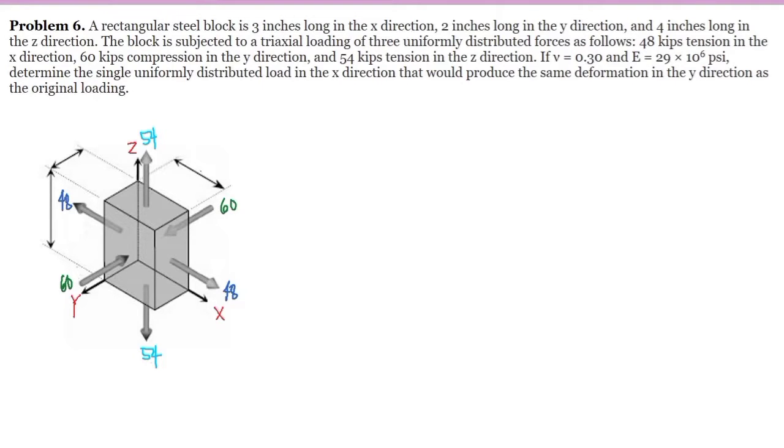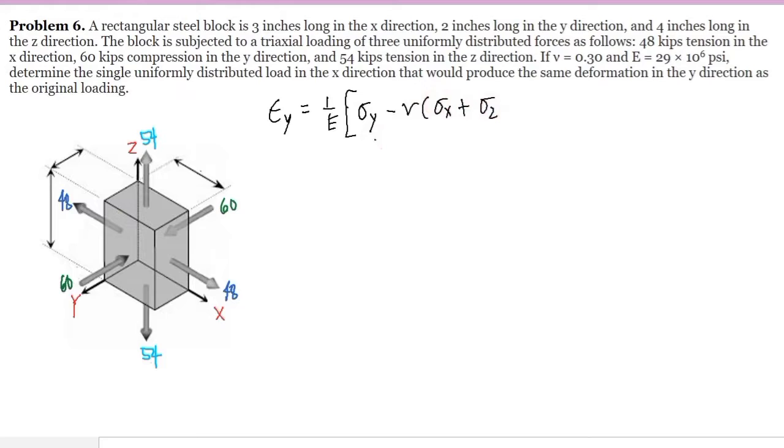So for the formula, the strain in y is equal to 1 over E, as I said earlier, times the stress in y minus the Poisson's ratio, since this is y, of course here is x, and the z. So let us first compute our stresses with respect to x, y, and z.